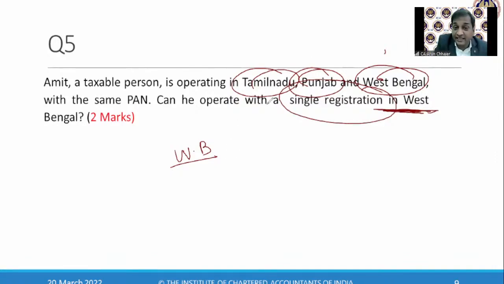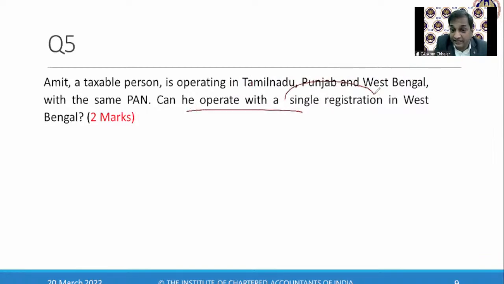Question is, can I make the supply by taking the registration only in the West Bengal? Try to understand the question. Can I make the supply? Can I make the supply from 3 different states? I'm using the word from Tamil Nadu, from Punjab, from West Bengal. Sir, I have discussed initially,